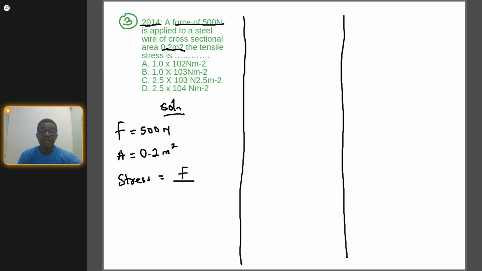Stress is equal to force divided by cross-sectional area. So the force is 500 Newton, and the area is 0.2. Dividing this together, we are going to get the value